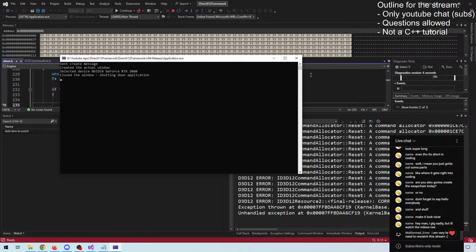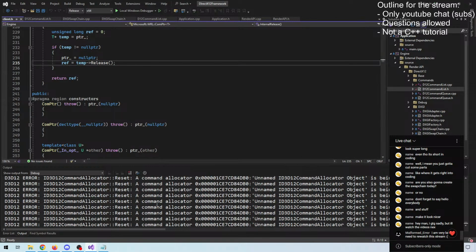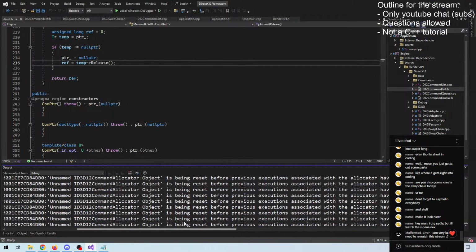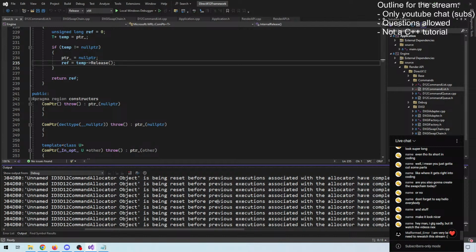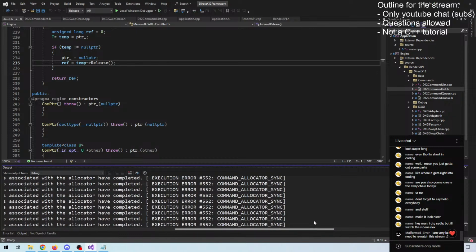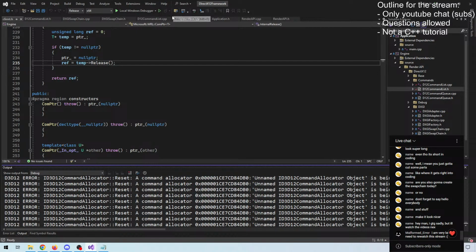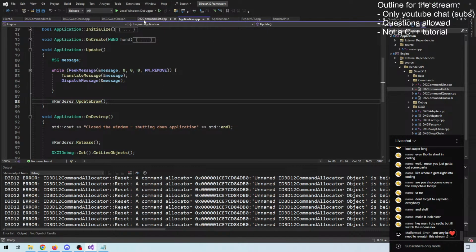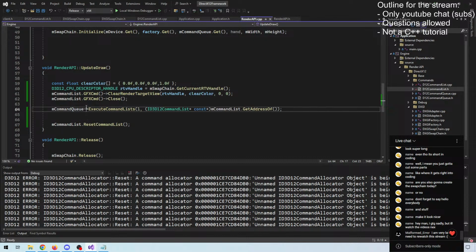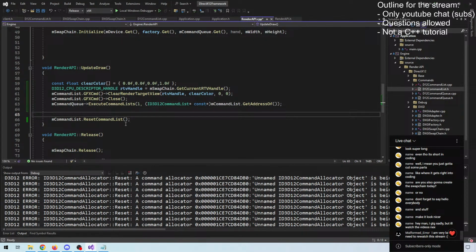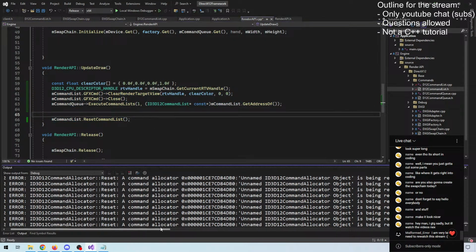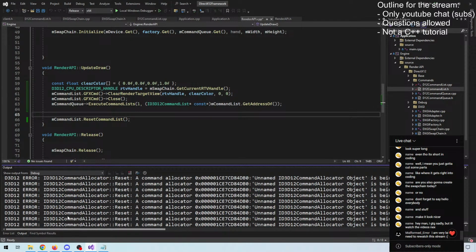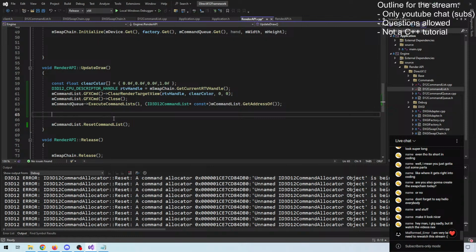Now nothing happens, but let's see what our error message is. As you can see, the system whines that we're trying to reset the command list allocator before it's done using it. So this basically means that between these two steps here, on the CPU side, everything is happening too fast. So we need some kind of wait method to handle that. And we can simply do something like